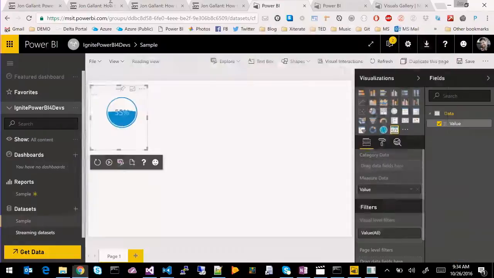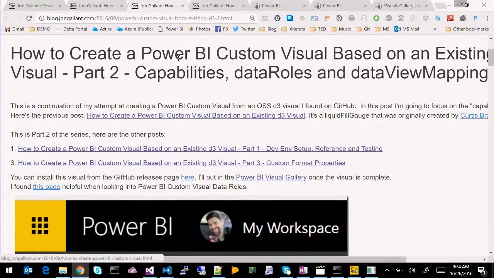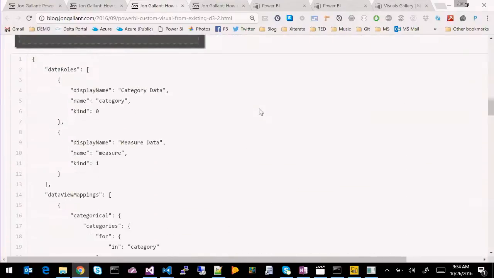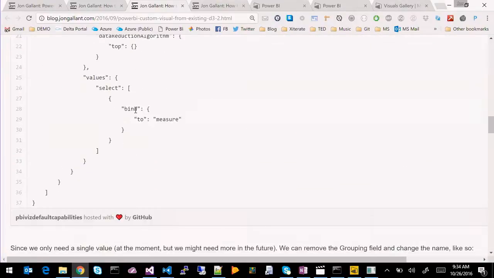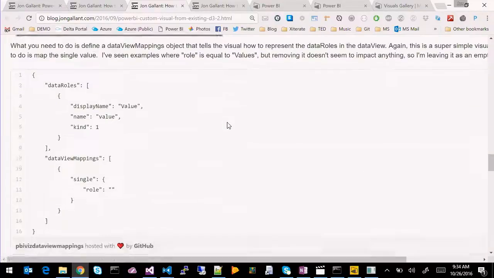So let's go back to my blog here. This is part 2. This is data roles, capabilities, mappings, and this is what's included here. This is the modified version. So all we're going to do is say we want one data role. We want to call it value. We want the underlying key of that to be value, and we want the kind to be 1, which means it's just a measure, meaning a single value. And then what you'll do is you'll say,